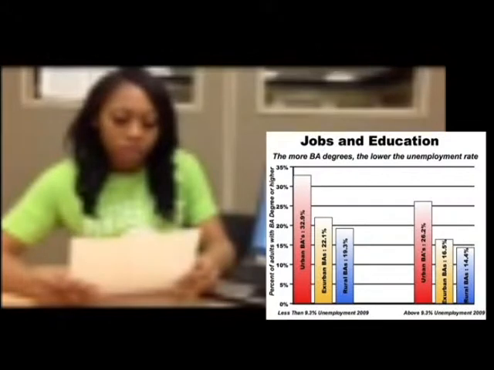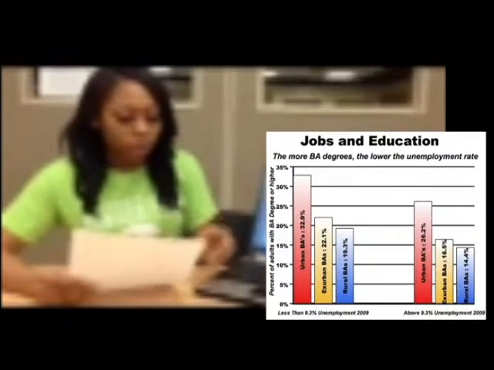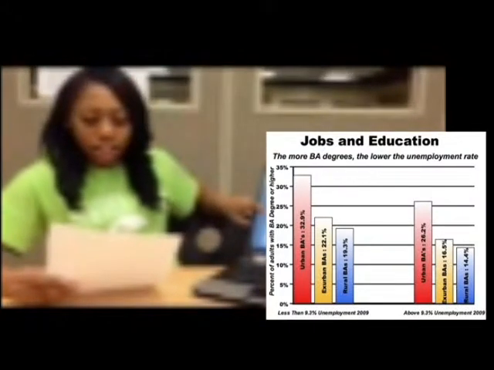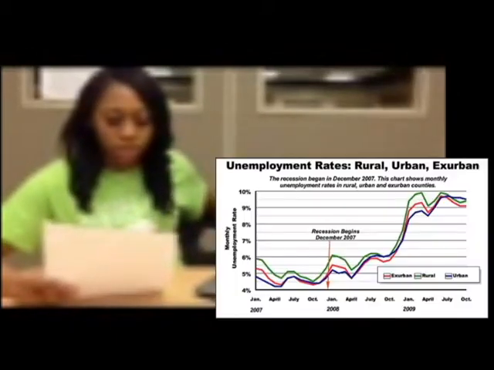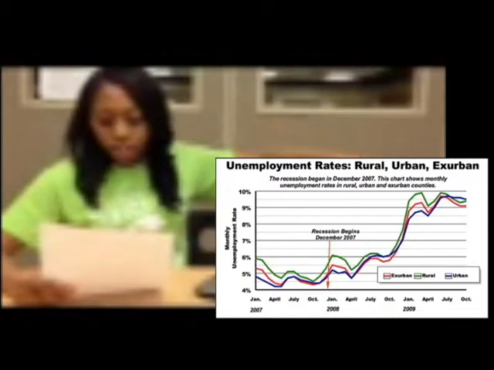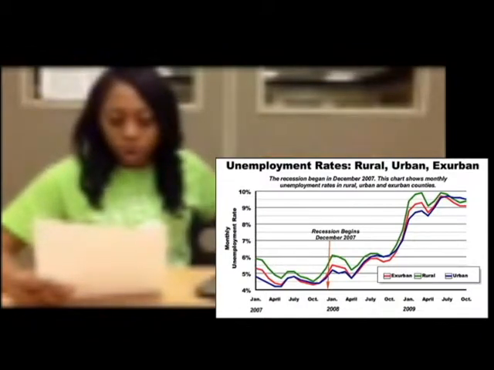Thank you, and that is exactly right. If you look at these graphs, you can see straight on that certain things correlate with the unemployment rate. The first is the number of bachelors against the unemployment rate, showing that the higher the number of bachelors, the lower the unemployment. The next one shows the trends of unemployment in rural, urban, and exurban areas, which proves that rural unemployment has stayed higher for the most part.